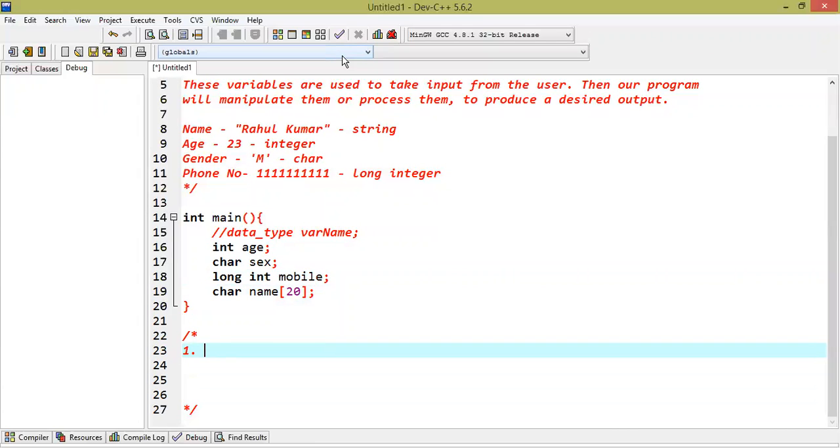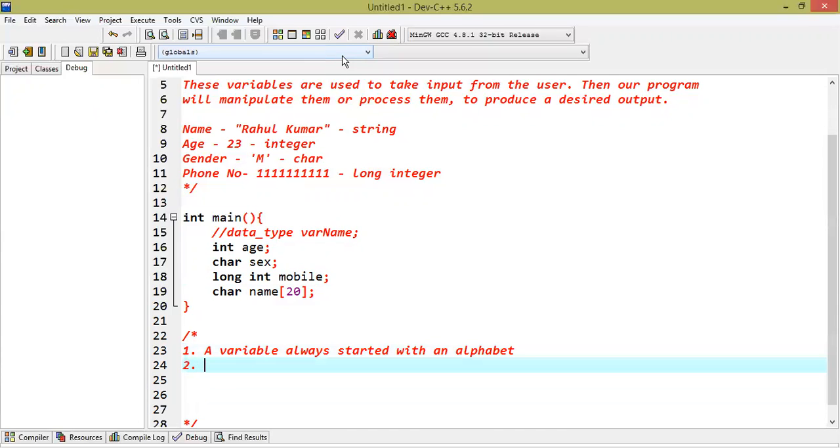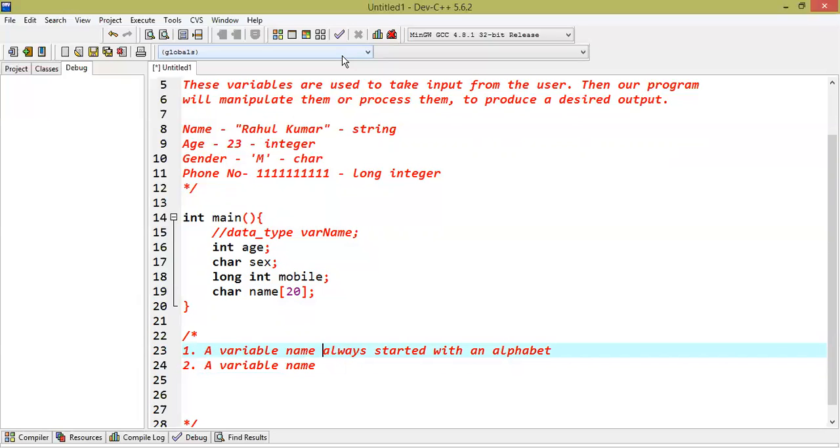Rule number one, a variable name always starts with an alphabet. Number two, a variable name can have a digit also, or a number also.